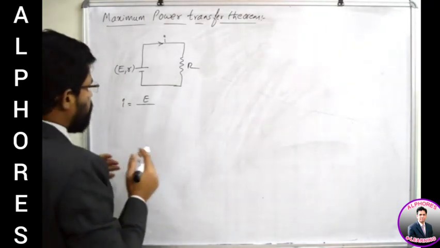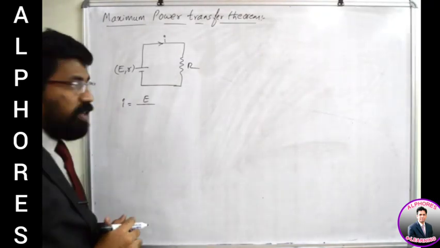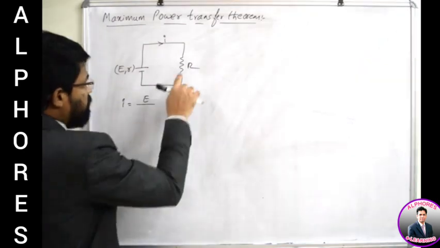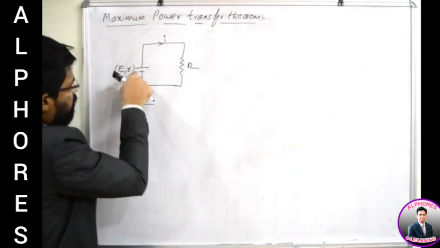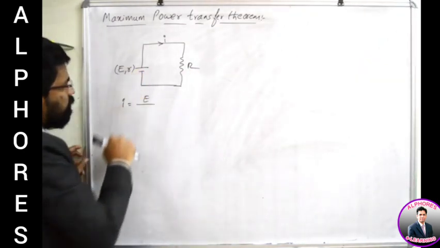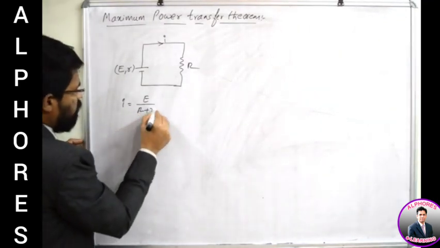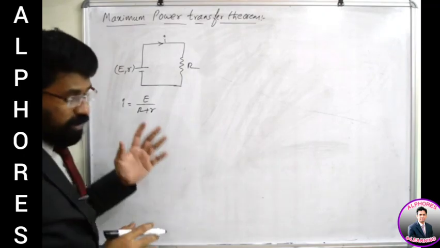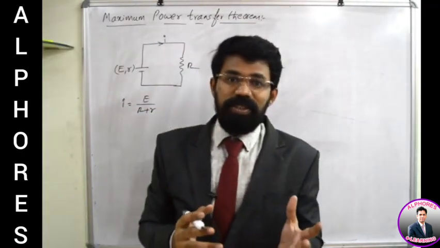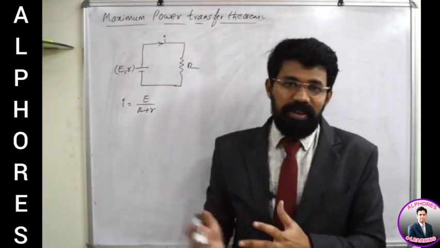What is the total resistance offered by the circuit here? The total resistance offered by the circuit is this capital R plus whatever internal resistance is offered by the cell. You have to add those two things. Okay, so R plus r. Whatever terminal potential equation we have got, V is equal to E minus Ir, from that equation also